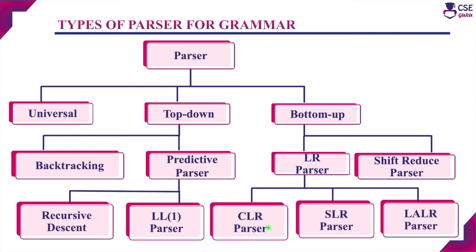If you are considering the CLR parser, this is nothing but the canonical LR parser. In this LR parser, the common steps are the same. The steps to build the parse tree are different. Here in CLR parser, for the given input string, write the context-free grammar and check for ambiguity. Then write the augmented grammar for the given grammar. And here, you use the canonical collection of LR(1) items to construct the CLR parsing table. Then draw the data flow diagram and construct the parse tree using the parsing table.